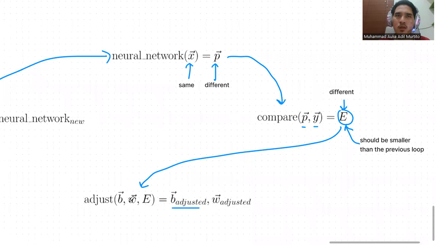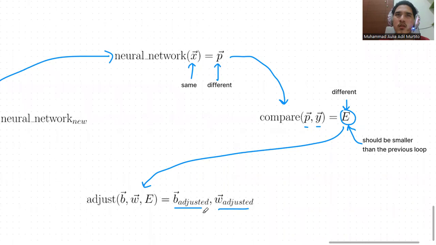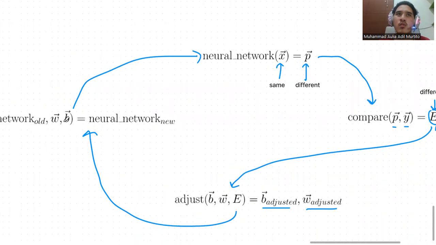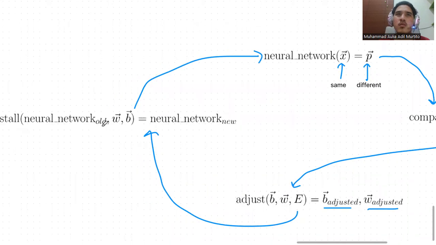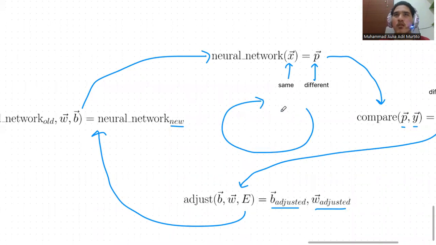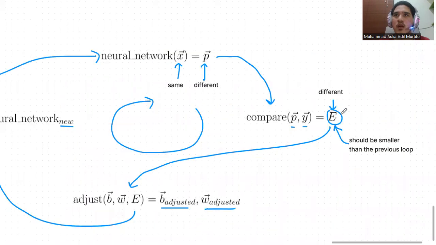After we adjust them, we get new biases and weights, and we install them again to the old neural network, and we get a new neural network again. Now this loop will be repeated over and over again